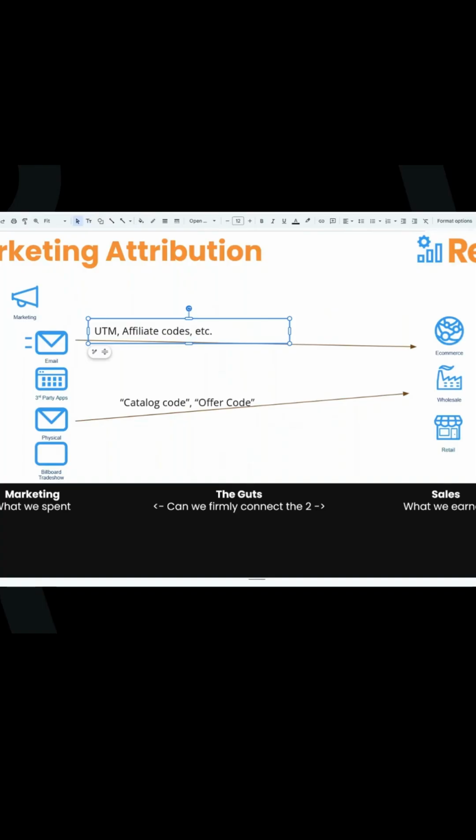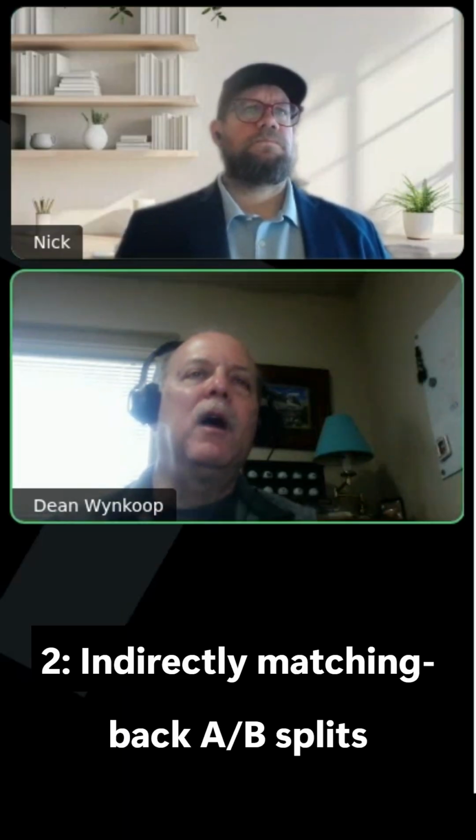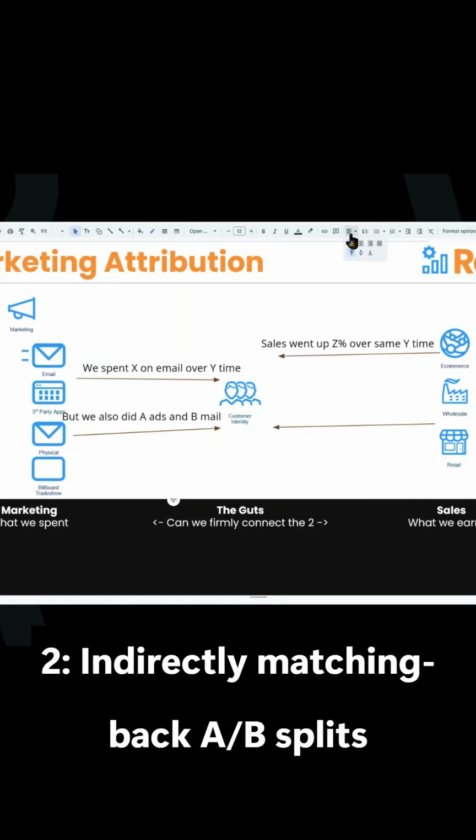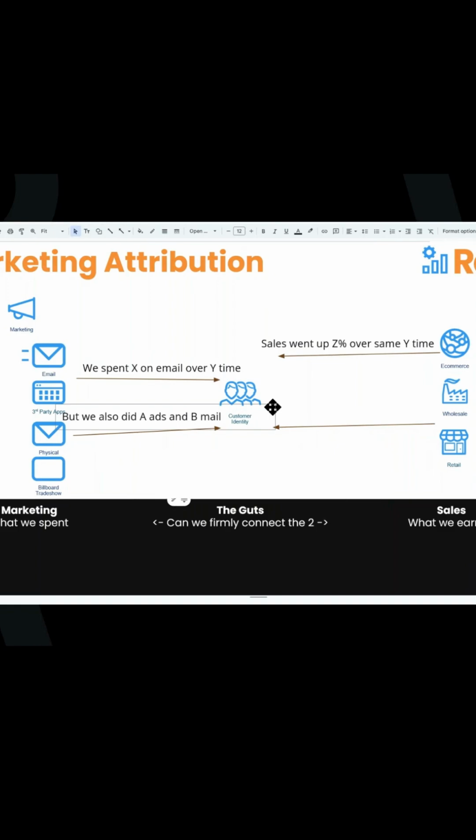So let's back up a little bit. Even before this, you have something called Matchback, and then we'll circle back to your question. So I sent this customer this particular direct piece. This customer placed an order. I don't necessarily have a code attached to that, but then I can do a